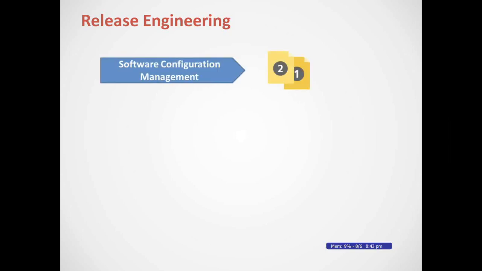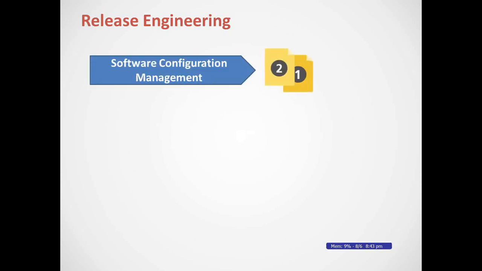In that, release engineering mainly talks about, first, software configuration management, which means everything that the developer codes, logically he has to store somewhere. Software configuration management is all about controlling and tracking each and every change that the developer makes. How will you do it? You will use some kind of tool associated with software configuration management, which is going to help in doing versioning. So SCM is also called version control,